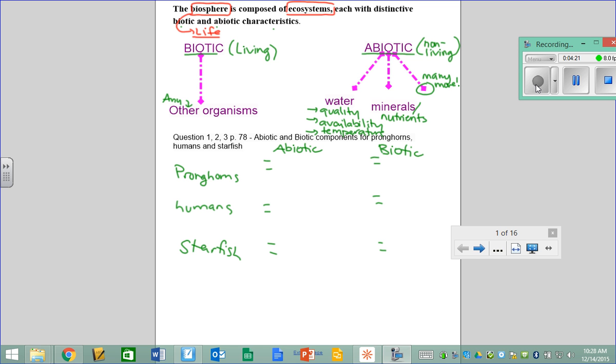So I think I'll start asking people for some of their suggestions, because that might trigger you to think of something else that you could put onto your list. When we're talking about abiotic and biotic components, we're trying to think of things that could affect this organism's survival. So either things that it needs so that it can survive, or things that if we added them, maybe would reduce its ability to survive. So I'll start in the abiotic category. Does anyone want to give one of their abiotic factors? It could be for the pronghorns or the humans or the starfish, but just one of your abiotic factors.